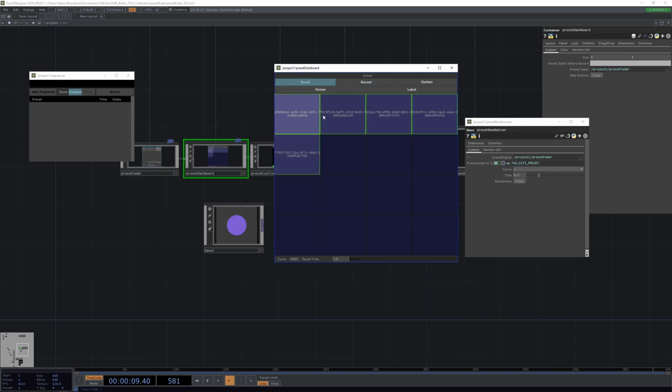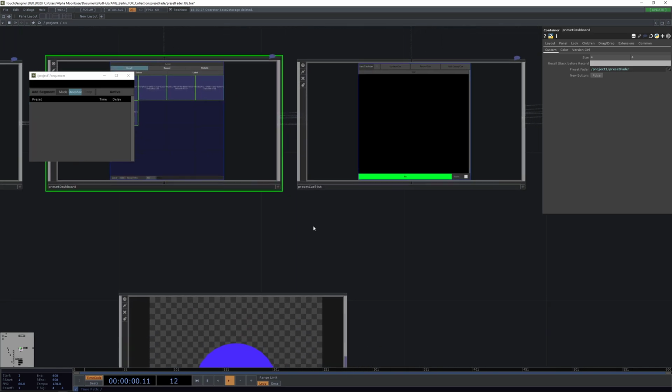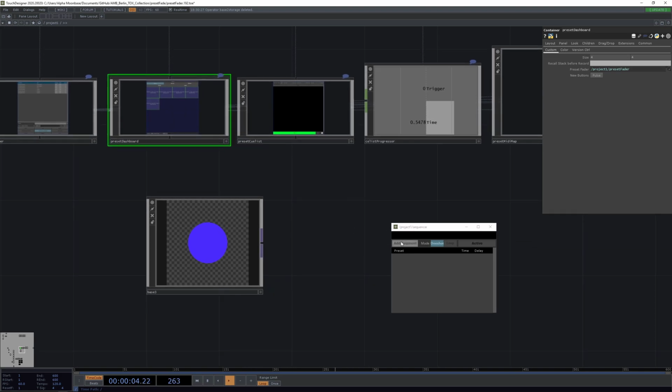So now we can recall them and play around. So let's close this. We have our presets. They're here, and now we want to create a sequence. So we're going to add a segment, and you can already see it has a time of 5 seconds and a delay of 0. And now if we press where it now says none,